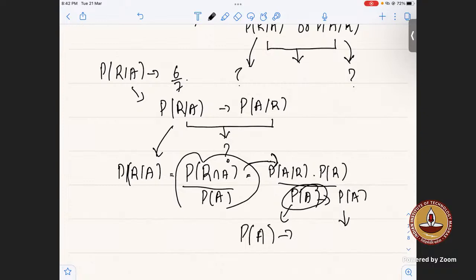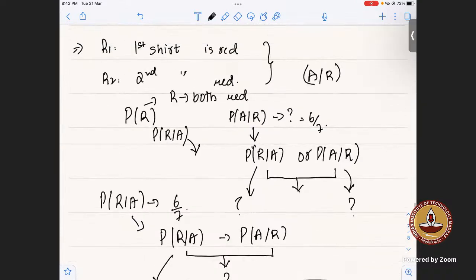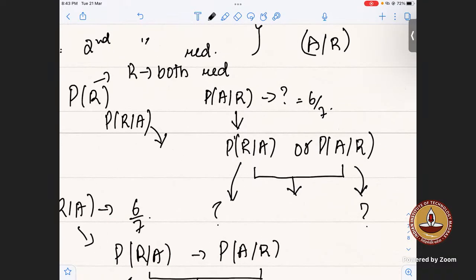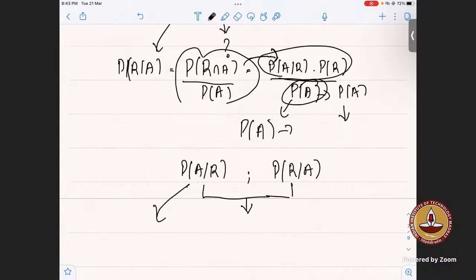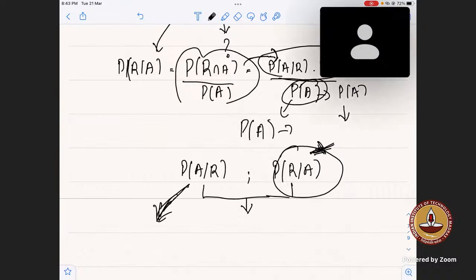Because you are just concerned with this part, the numerator. Why I was saying that: you said this is pretty simple, that it is P(A given R). But a lot of people think this might be P(R given A). If I confirmed that part, it would give away the solution. For the people who have doubt, if I said you are right, they would consider theirs wrong. So I cannot do that. Okay, understood. I got my clarification.